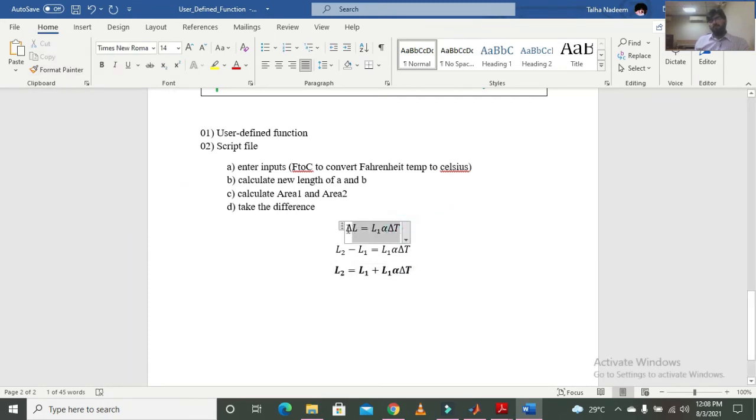We can even use the other relation as well, but after using it we will have to add this change in length to the initial length to determine the final length, for which we will calculate the area. So that is totally up to you. I am going to use this relation, which will give me a direct length.